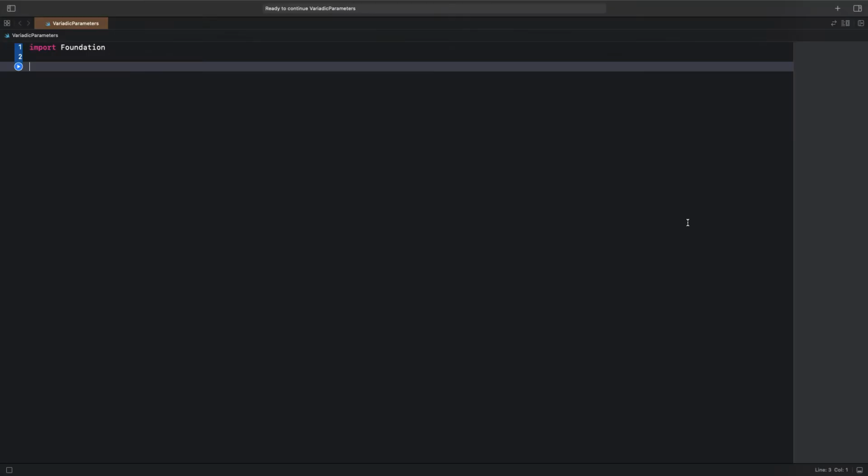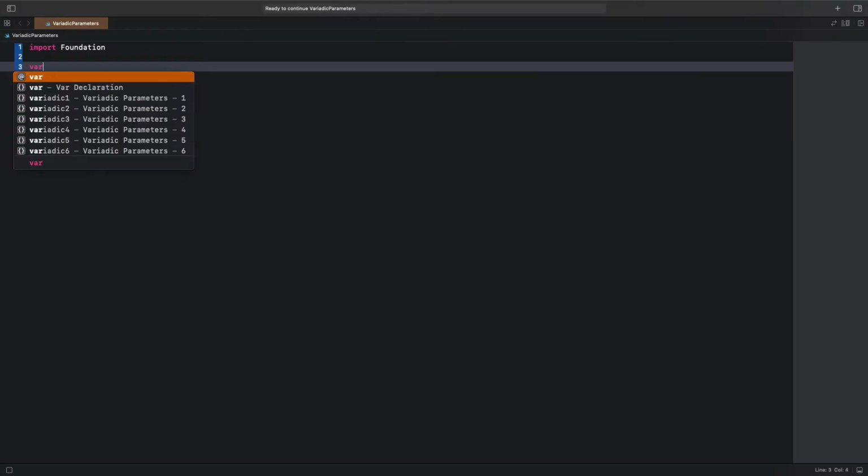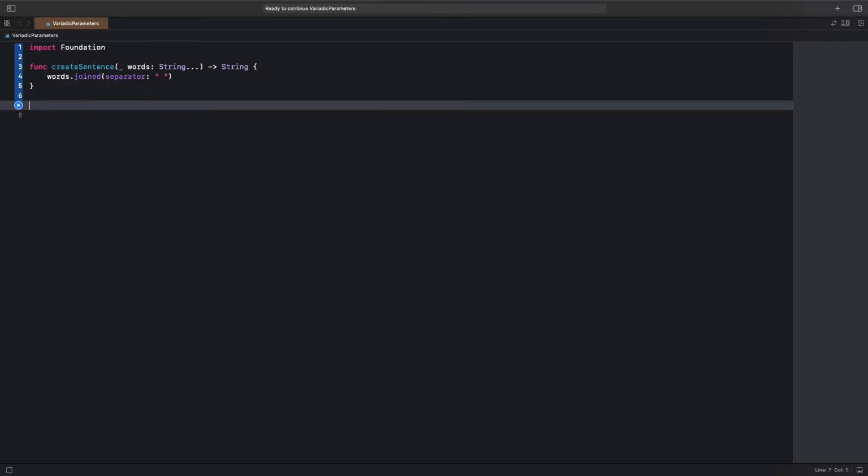Going to an Xcode playground now, let's define a function that contains a variadic parameter. CreateSentence is a simple function that composes a sentence using the words given as arguments. In fact, provided words are joined into a string and they are separated with a comma character. Obviously, the produced sentence can be as long or as short as necessary, and it depends on the number of words we supply as arguments.